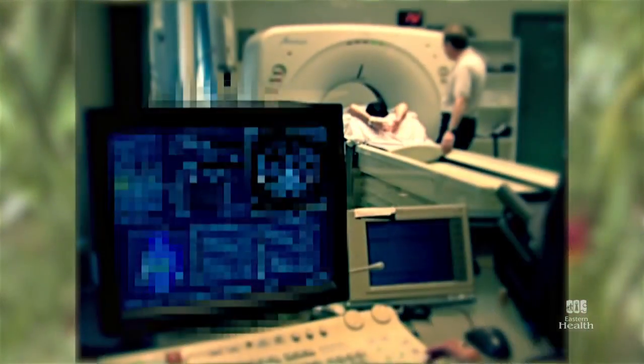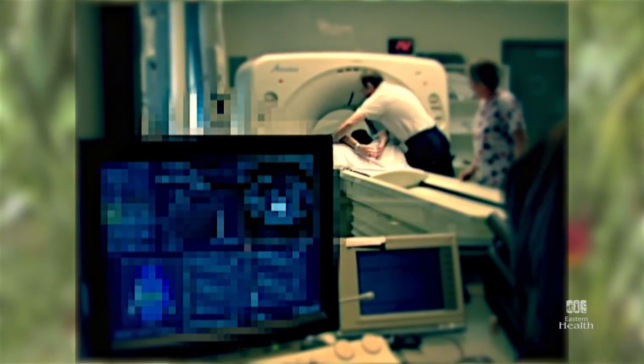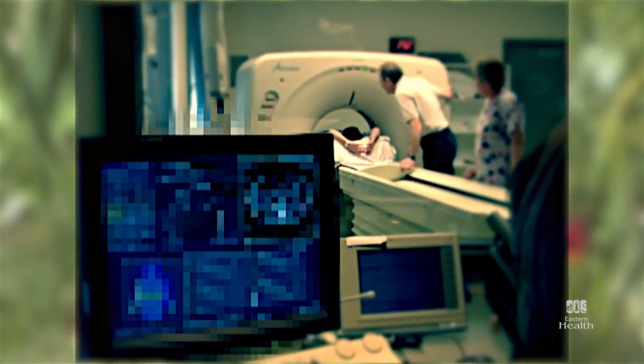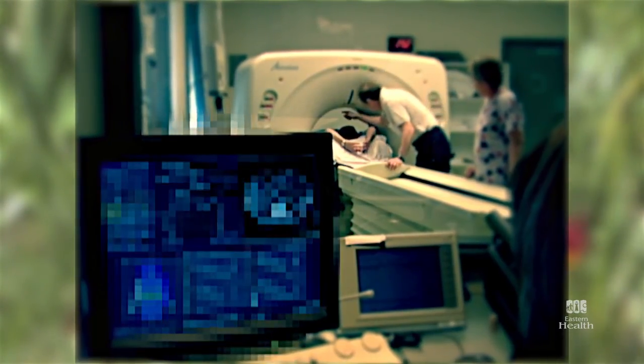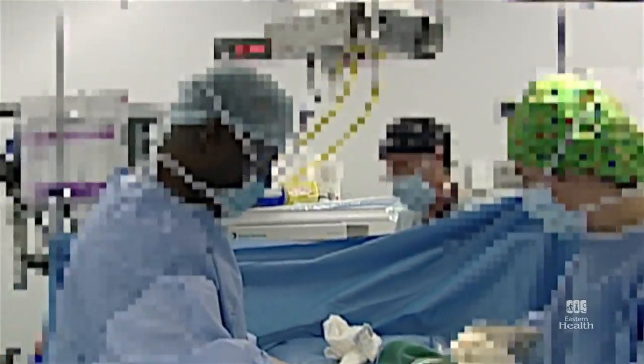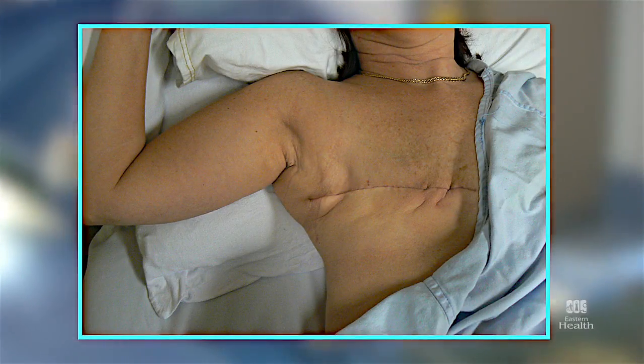So at the time, we only knew of 2 lesions. So the surgeon suggested that I'd have an MRI. And the MRI showed 3 spots. So I had 2 in the 8 o'clock area, and I had another really small one in the 6:30 area. Our surgeon was fantastic. I felt very comfortable with him. He and I came to the agreement that because it was multifocal, that it would be best to remove the